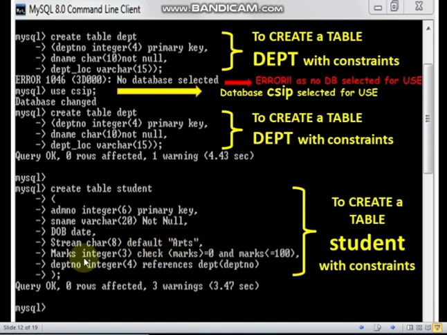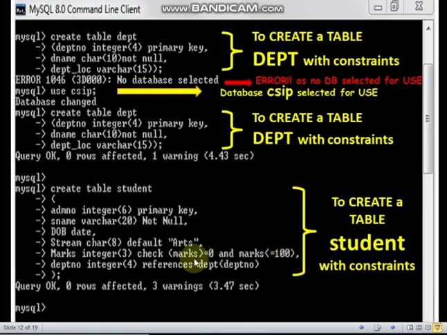When you insert records in this table, if you miss the value for the stream column, it will give the default value. We will see it in the next video also. Then marks, data type, size, check. I have given a check constraint, and this is the condition: marks greater than or equal to 0 and marks less than or equal to 100.